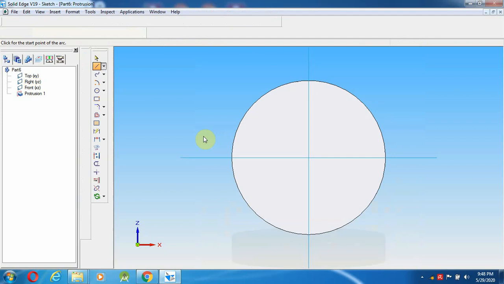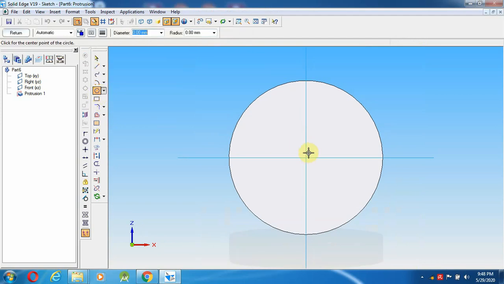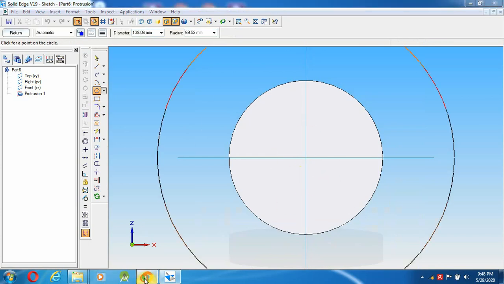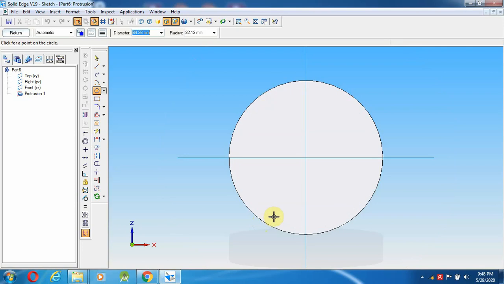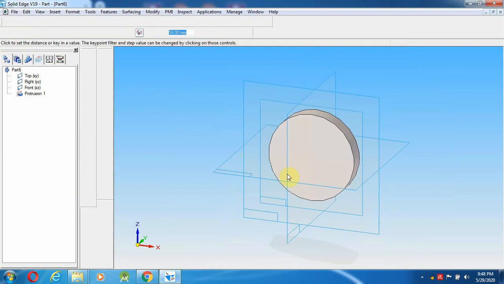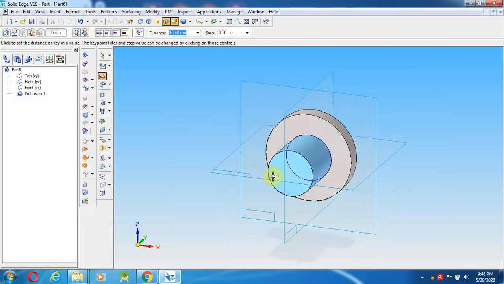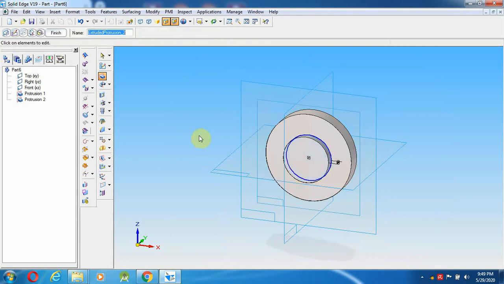I am going to select this one and select the circle option. Give the diameter as 38 mm, enter and give return. This return I am going to give as 6 mm depth. Left click and right click.